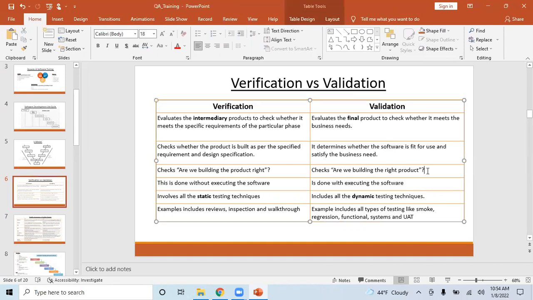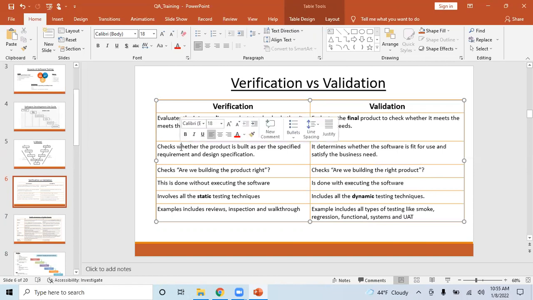That is where you check whether what the customer wants is what you are building, for example whether your payment system takes your credit card correctly and connects to the right APIs. If you put in a Visa card, it has to connect to a Visa API. It should not connect to a MasterCard API. That is actually validation, right?